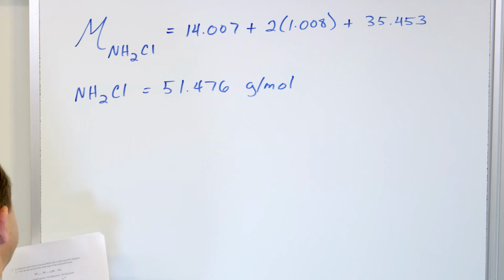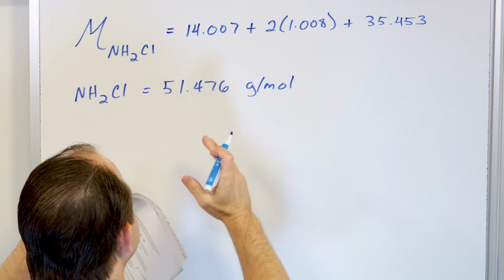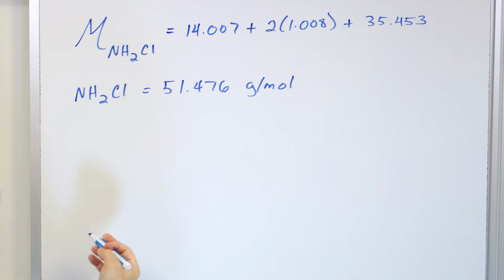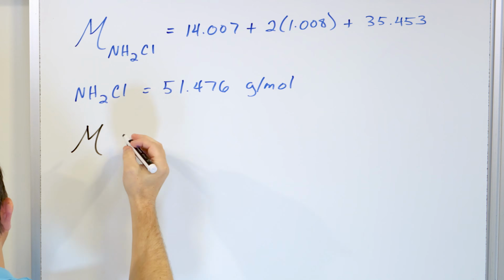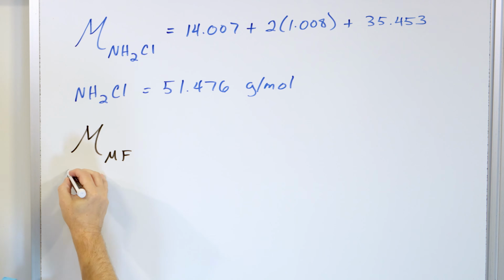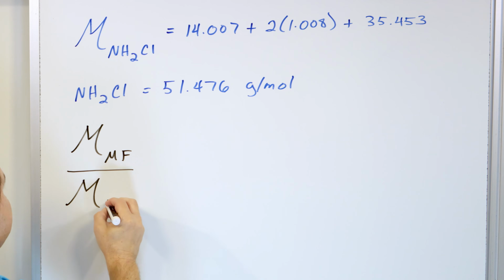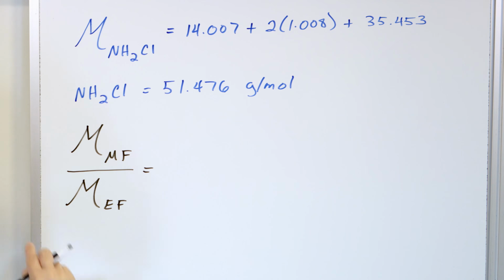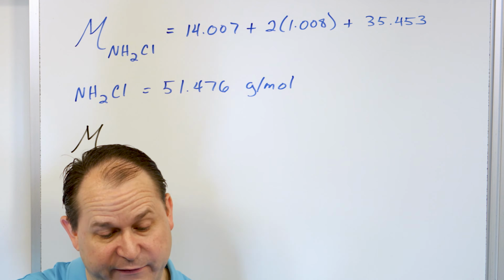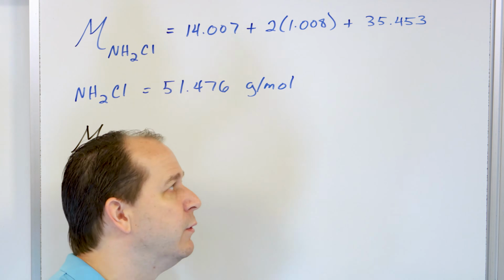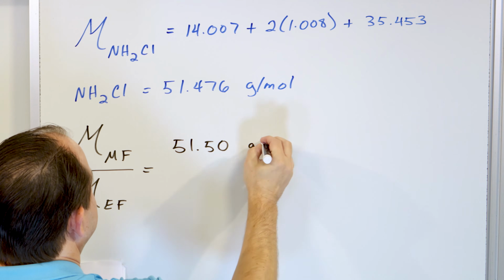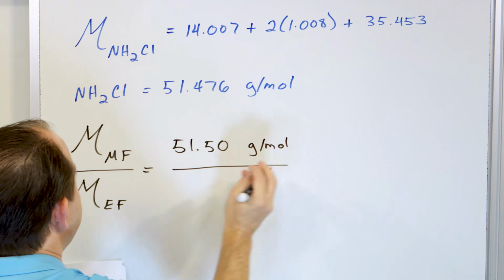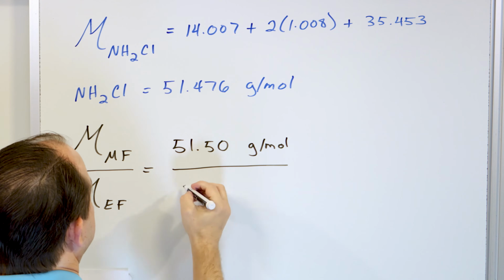All right, so this is the molar mass of the empirical formula. So again, in order to figure out what the ratio is, we have to find out how much bigger the molecular mass is. So let's figure out what the molar mass is of the molecular formula, and let's divide that by the molar mass of the empirical formula. Now we know the molar mass of the molecular formula is given to us at 51.50 grams per mole. So we can write 51.50 grams per mole, and divide that by the molar mass of the empirical formula, which we just found,